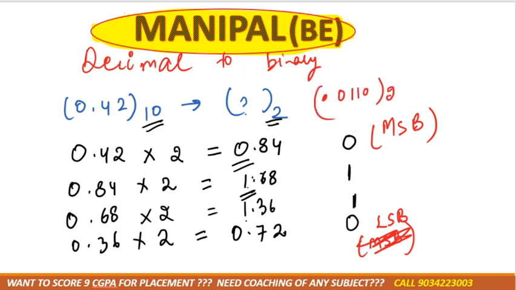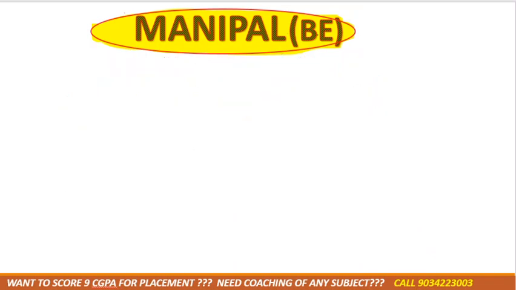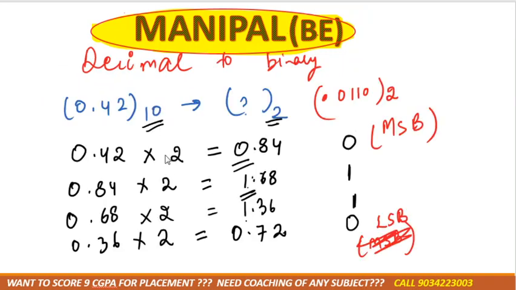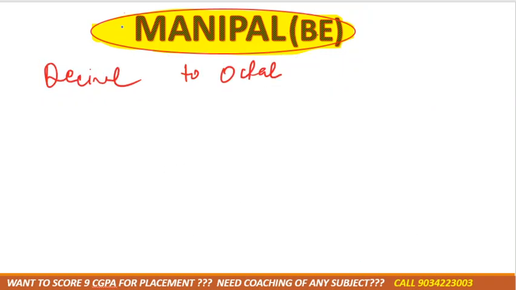0.0110, the binary form. Okay, understood? Noted down. In this first we have studied about decimal to binary. Next we are studying about decimal to octal. Same thing we need to do. In decimal to binary we need to multiply it by 2, but in decimal to octal we need to multiply it by, tell me,